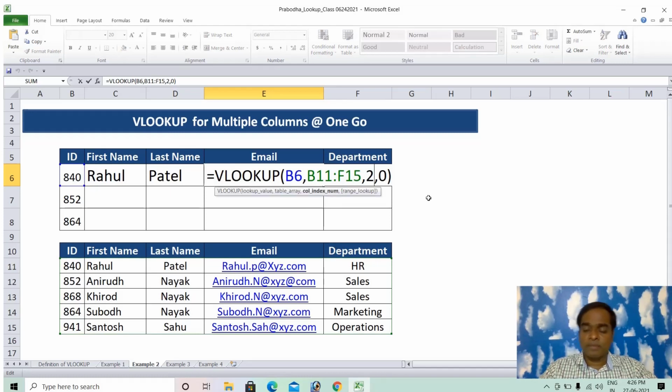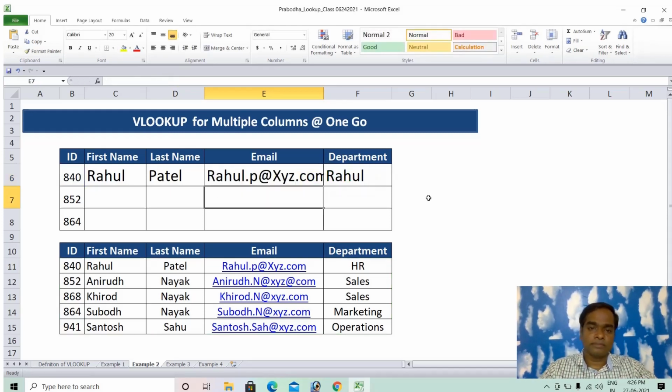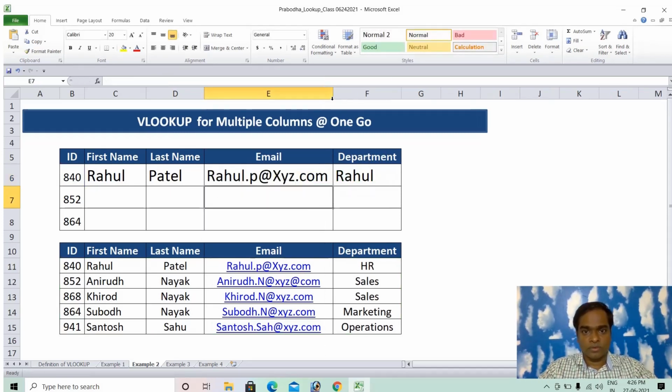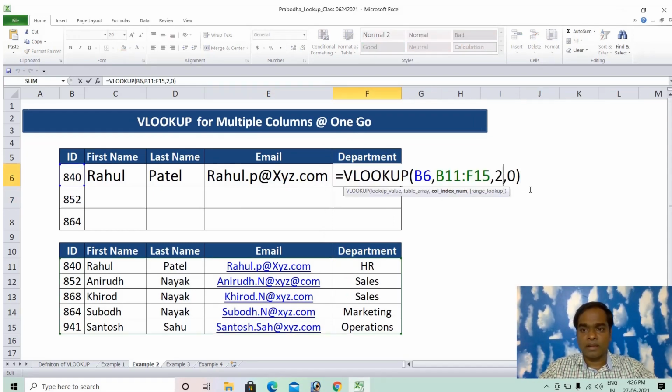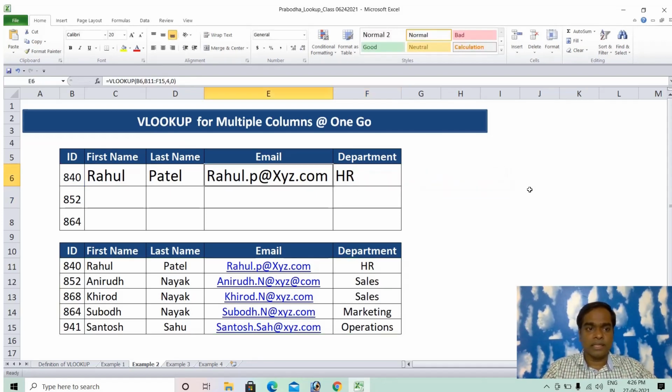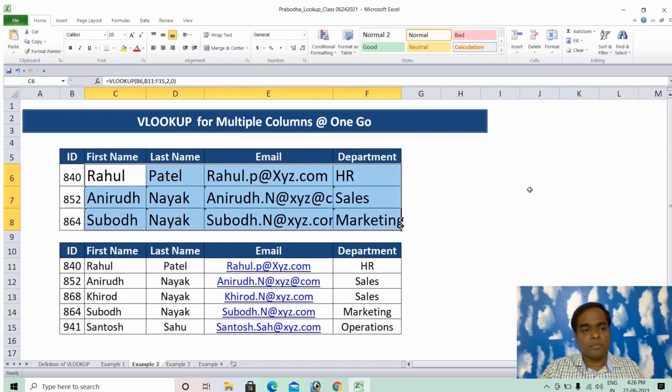I'm changing the column index to 4. Again for this department, column index 5. Once I get this, I can copy this formula across. Pressing Ctrl D, I'm getting the result.